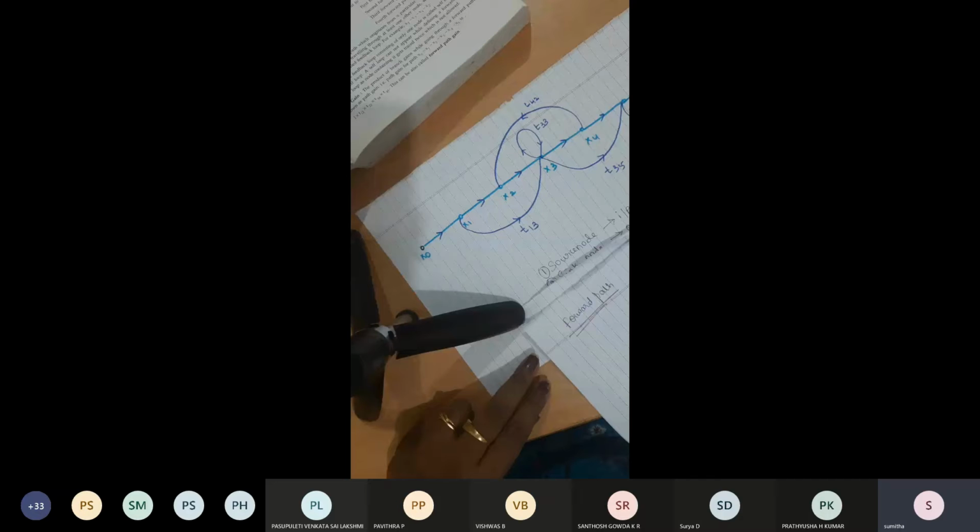Next one is forward path. Third one is forward path. What is the forward path? Forward path means it should start from one point and travel along till the destination without tracing